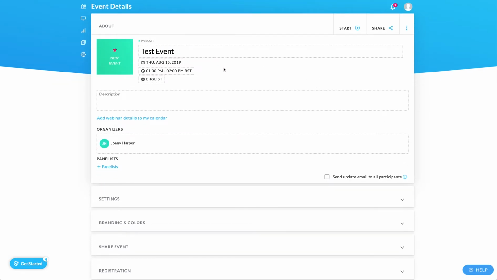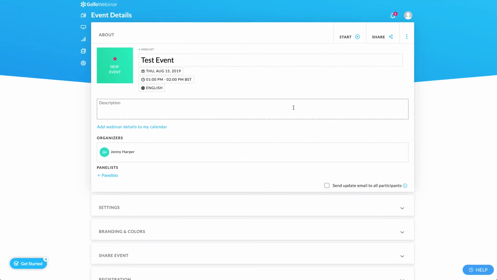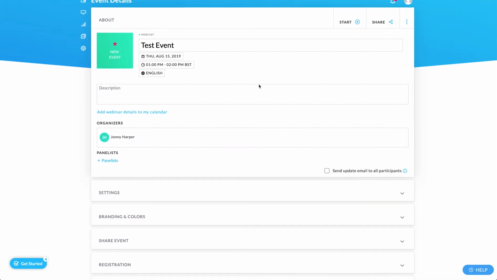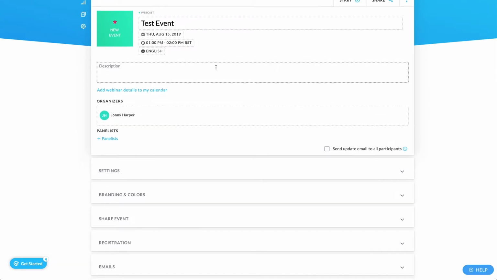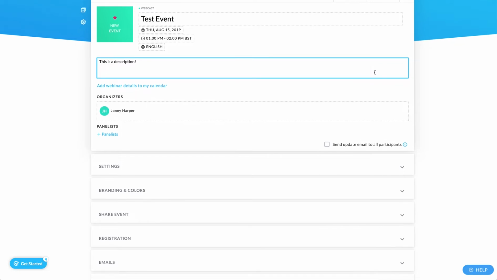So this is kind of a more detailed breakdown of exactly what this webinar involves, but you can see I'm one of the organisers here. You can add other people in as either organisers or panelists, so other people that can contribute to the webinar session itself. You can add a description in for the event here, and I'll show you where that pulls through in a little bit. So I will just add a really basic quick thing in here saying this is a description, and then